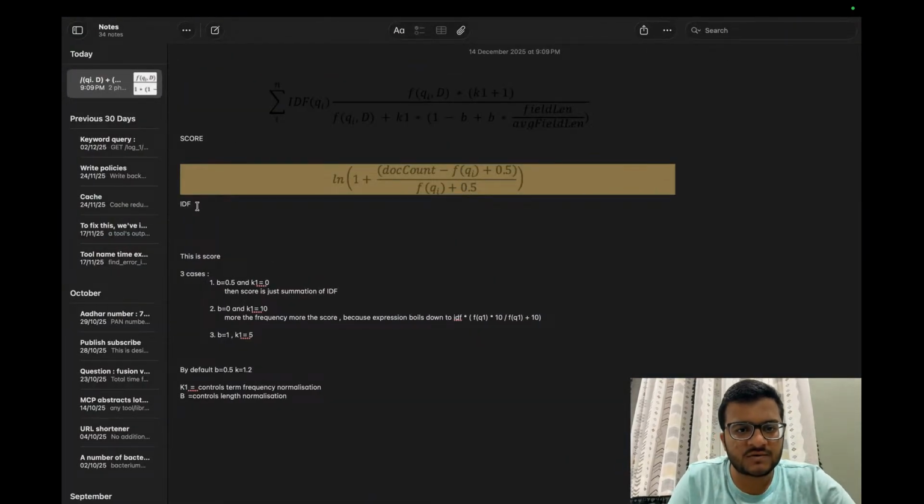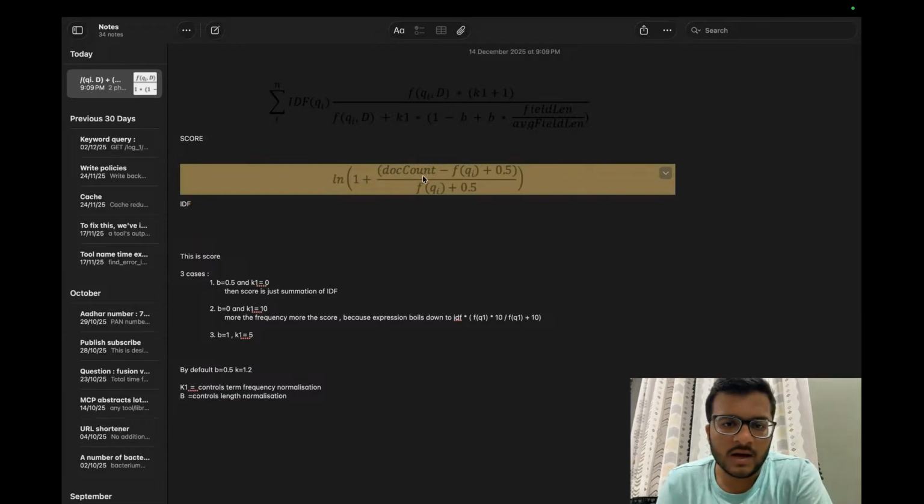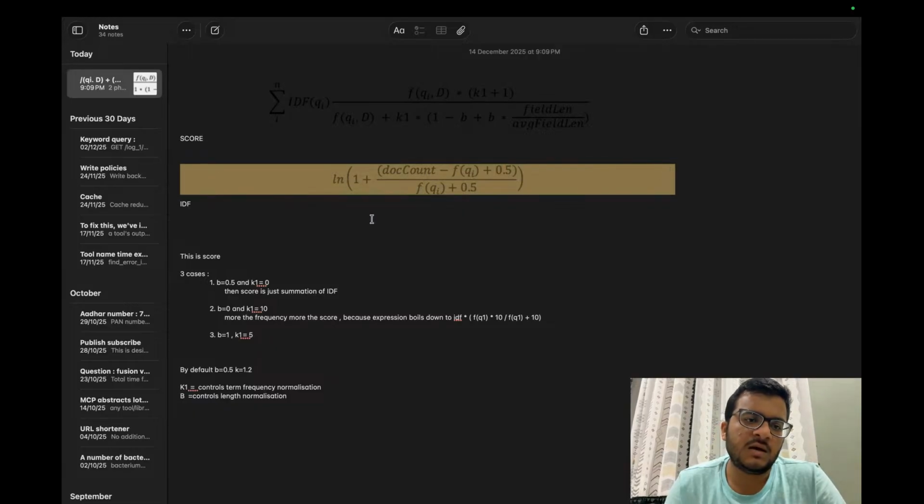So for example, let's see this, the IDF score. What is the formula for the IDF score? I think I have shown you this in my previous video also. Again, this is also not a mathematically intuitive formula. This might have a proof, but obviously it is a research result. Even this is constant, because the frequency of qi is constant, and the number of documents is also constant. So inverse document frequency will be constant for the ith query term, for any query term.